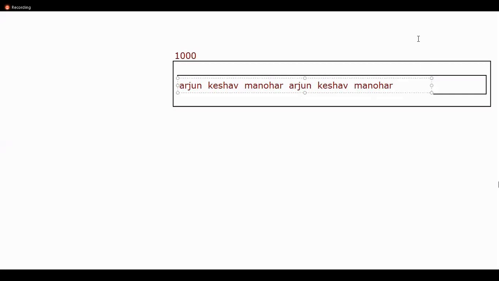So tell me, if somebody would look at this memory map, what do you think? How many copies of each of these strings do you actually see on the memory map? You might immediately conclude, sir, there are 2 copies of Arjun, Keshav, Manohar. So in fact, internally in the memory also, duplicated data is going to be stored. Please understand, Python is not such a programming language which would afford inefficient utilization of memory. It would never be happening. What do you mean to say, sir? What I mean to say is this.